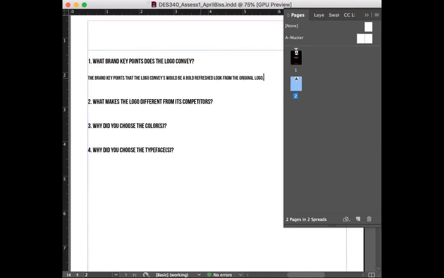And I'm just typing this very quickly, so you really put a lot more thought into this. Talk about key points, what you want it to convey. Think about the old logo and how you're refreshing it. What are those key points, and what is the logo conveying to the rebranded logo?